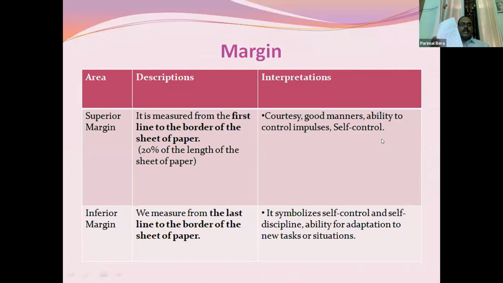And the inferior margin, that is the lower portion, in the last line of the border of the sheet of paper. So that means when you have to change the page, the inferior margin basically decides. So when you have to change the page, when you have to take the risk, how much control do you have, it can be reflected from your inferior margin. So from the lower portion of the margin, I can easily understand how much control you have,